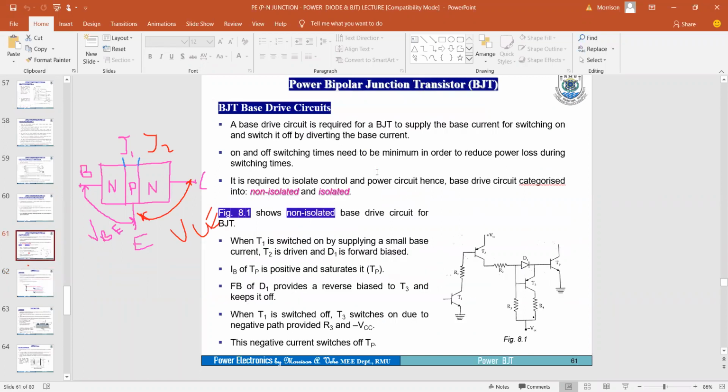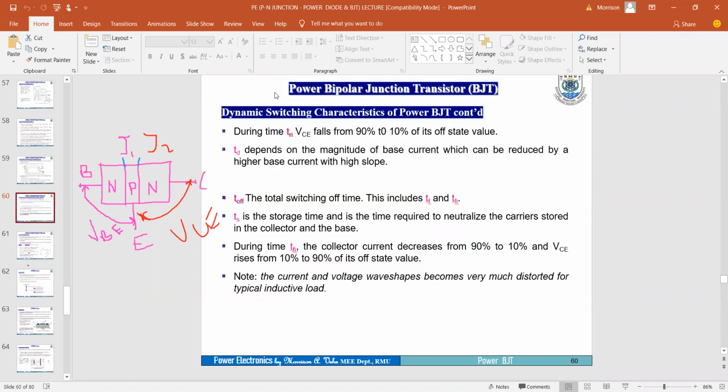So the concept here is to just reduce the base current, and it will cause the collector current